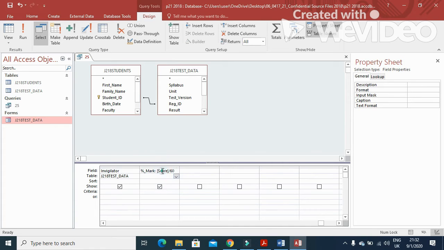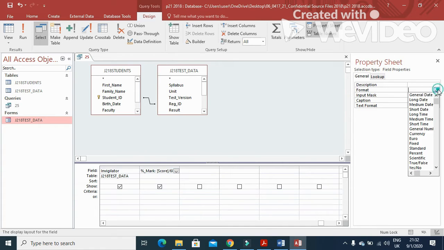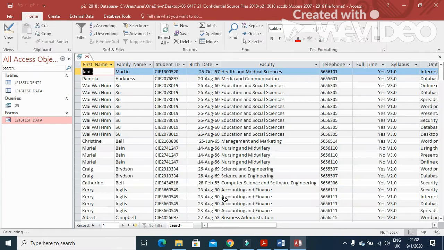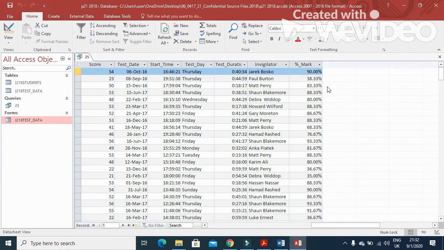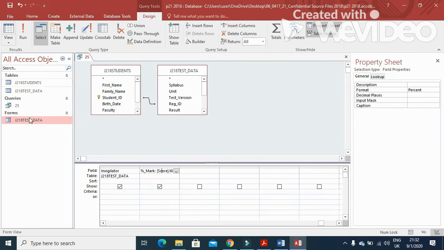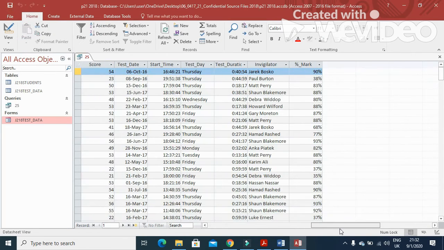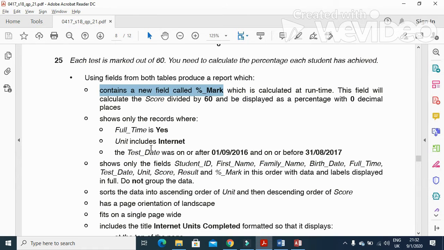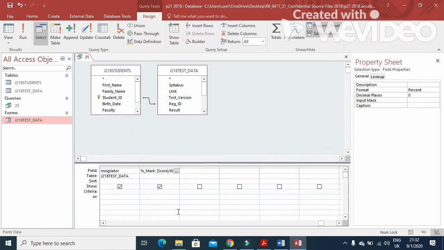and then just click here. We will format it as percentage with 0 decimal place. Save and run and move to the end with 0 decimal place. So we need to click here to choose 0 decimal place, and this is how it will look like. It is done. Now design view,